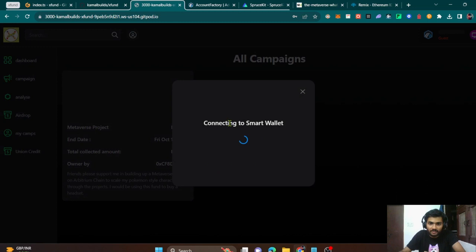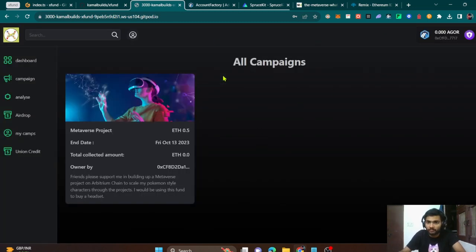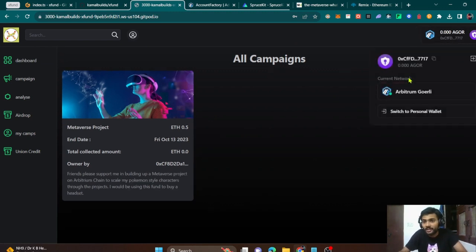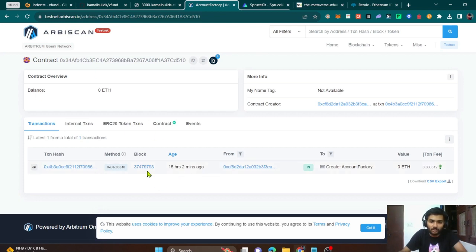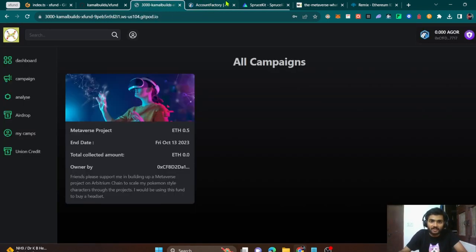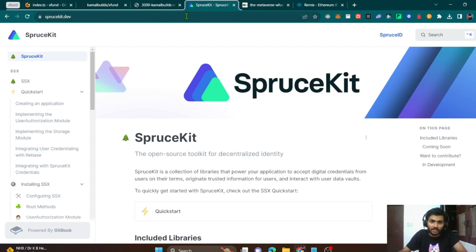and we can connect. And this is connecting to Smart Wallet. Notice I didn't have to connect with any of my wallets like MetaMask, Coinbase. It was just a Smart Wallet, and it's account abstraction. And I have a new address on Arbitrum Goerli. So this is powered by this account factory contract, which was deployed, and this account factory contract on Arbitrum gives